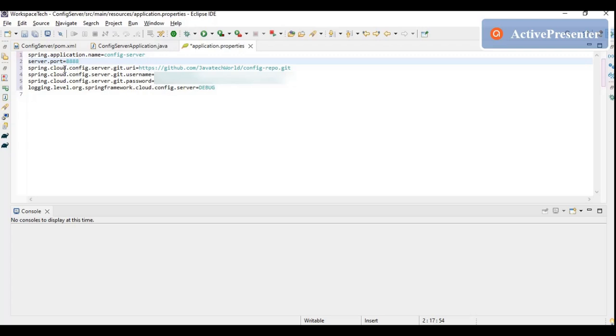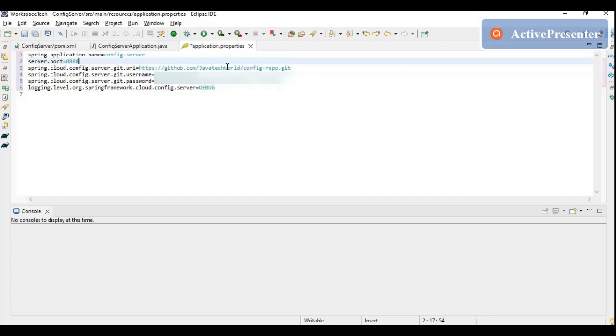Then I have supplied the Spring Cloud config server git URI. Basically I will give access to a repository where my application.properties are kept, right? That will act as a cloud repository. I'll put the URL of the repository that is present on my GitHub.